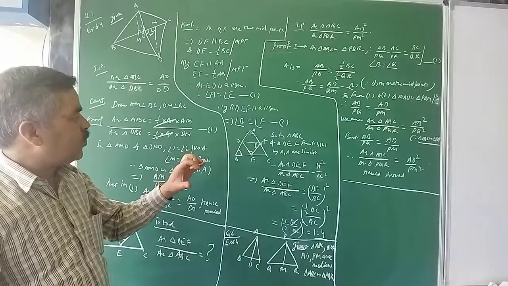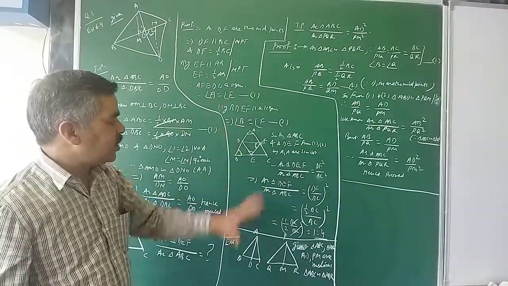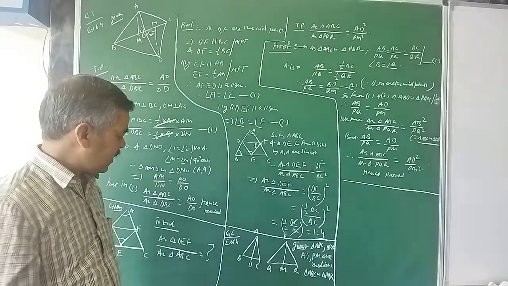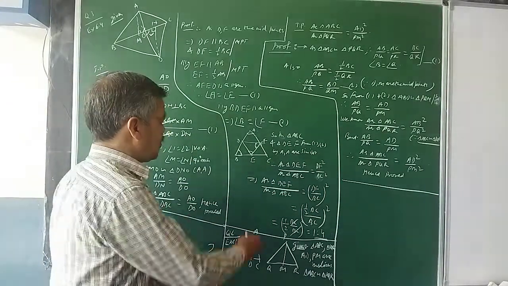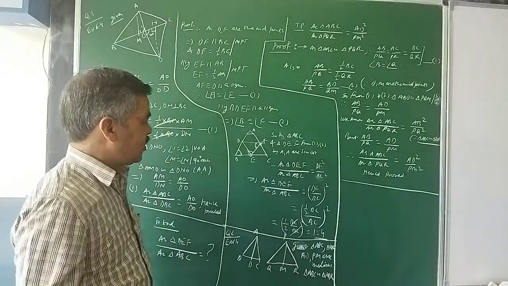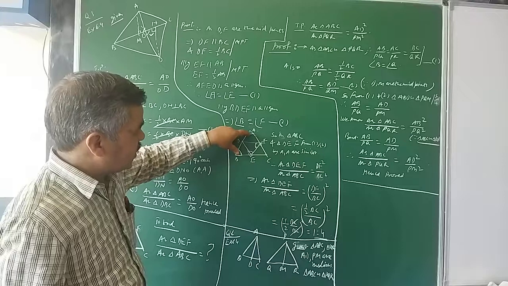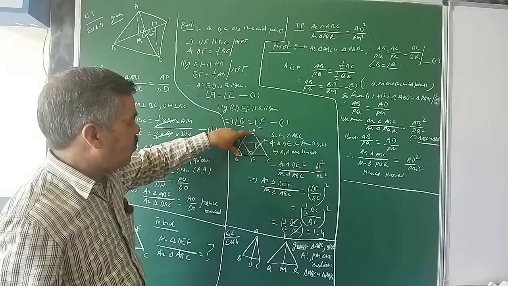So I have proved now angle A is equal to angle E and angle B is equal to angle F. Let us go back now to the whole triangle ABC and this triangle DEF. So if you compare these two triangles now, angle A you are saying is equal to what?